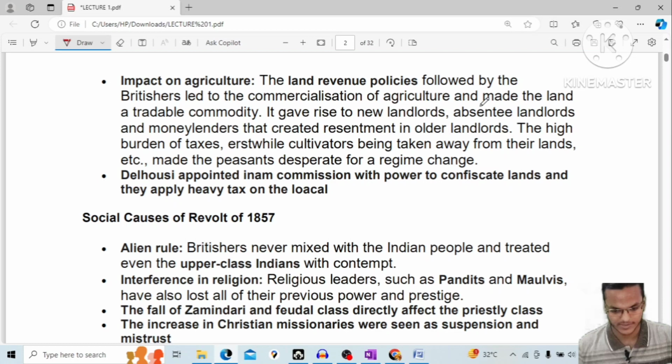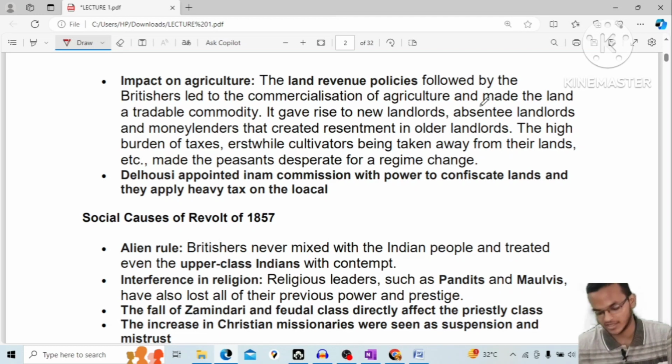एग्रीकल्चर पर जो इसका इम्पैक्ट था वो क्या था, लैंड रेवेन्यू पॉलिसीज followed by research led to the commercialization of agriculture। और इस जो एग्रीकल्चर पॉलिसीज में हमारी जो प्रोडक्ट्स थी, वो सारे प्रोडक्ट्स को वो कम दाम में खरीद कर ज़्यादा दाम में ले जा रहे थे। मतलब हमारे यहाँ पे कॉटन की खेती हो रहा था, लेकिन वो लोग कॉटन हार्वेस्ट करके ले रहे थे लंदन,